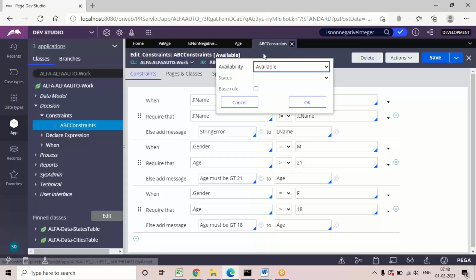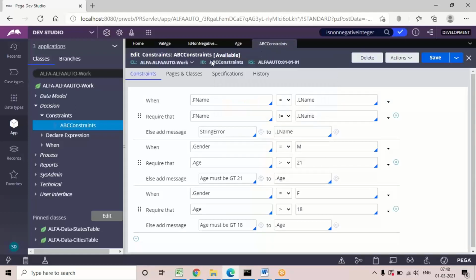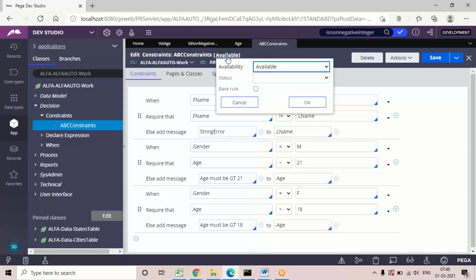Every rule when we generate it has a default option called available, next to the rule name. By default it shows as available. If you want to drop this rule or block it from execution, just withdraw the rule. If you withdraw it, in the current class all versions will be withdrawn. More about this you will understand in the coming classes.